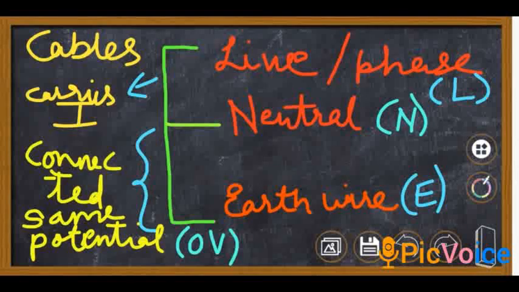Now these cables which are coming, they are made up of three wires. First one is known as the live wire or the phase wire, which you have studied, and that is labeled as capital L. Second is the neutral wire, that is capital N, and then the earth wire, that is E. Now the live wire is the actual wire which carries the electrons or the current. So the electrons or the current are coming through the live wire or the phase wire.